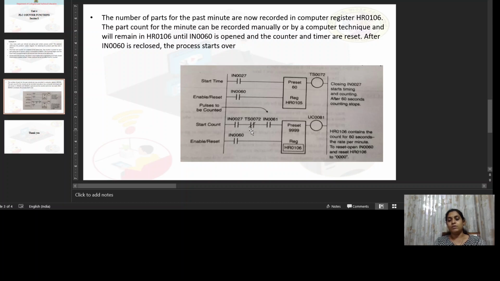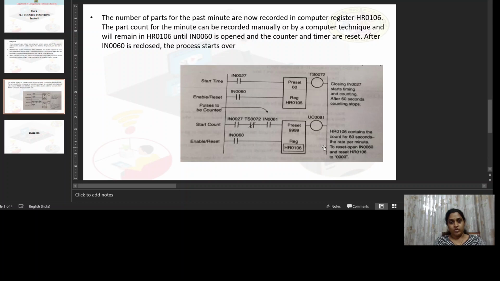Thereby, the current value of the counter stored in the register HR106 will give the number of objects which pass through in 1 minute.